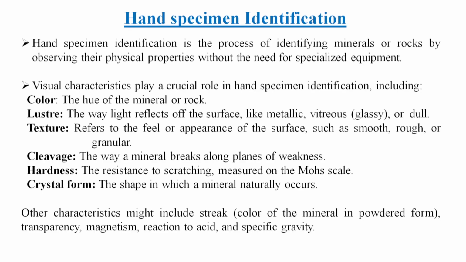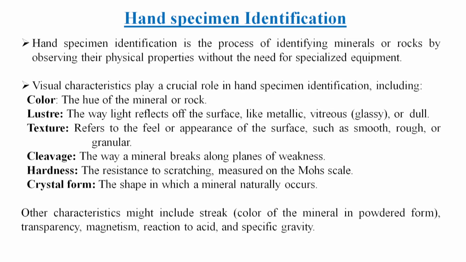Now when you are in the field, if you are looking at some rocks, you need to identify the composition of the rock, and that can only be done if you can recognize the minerals that are present in the rock. So, you need to have a clear idea about the mineralogy of a rock, which also reflects the composition of a rock. So, here are a few visual characteristics that play a crucial role in the hand specimen identification of minerals,